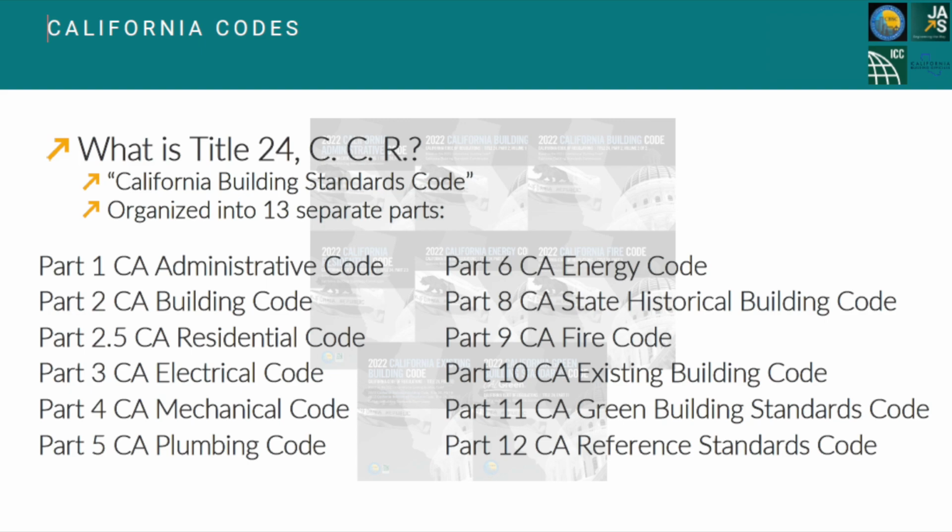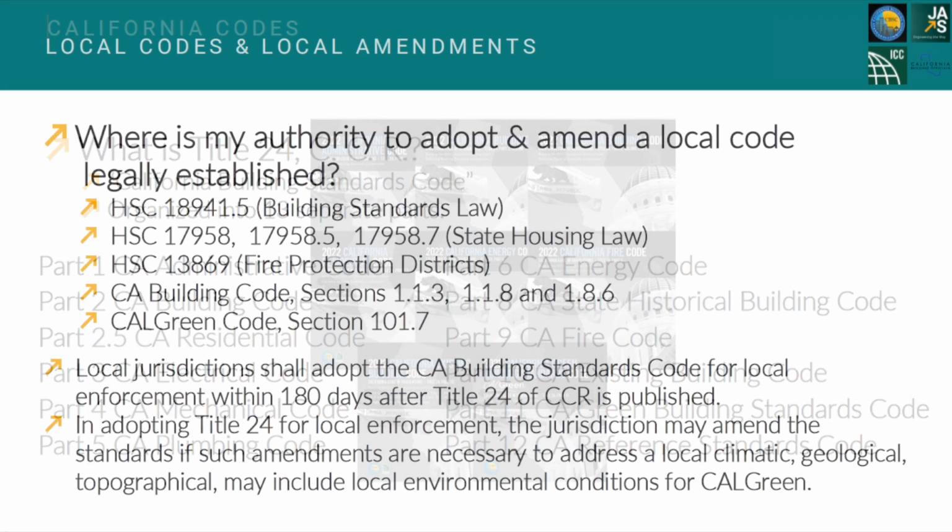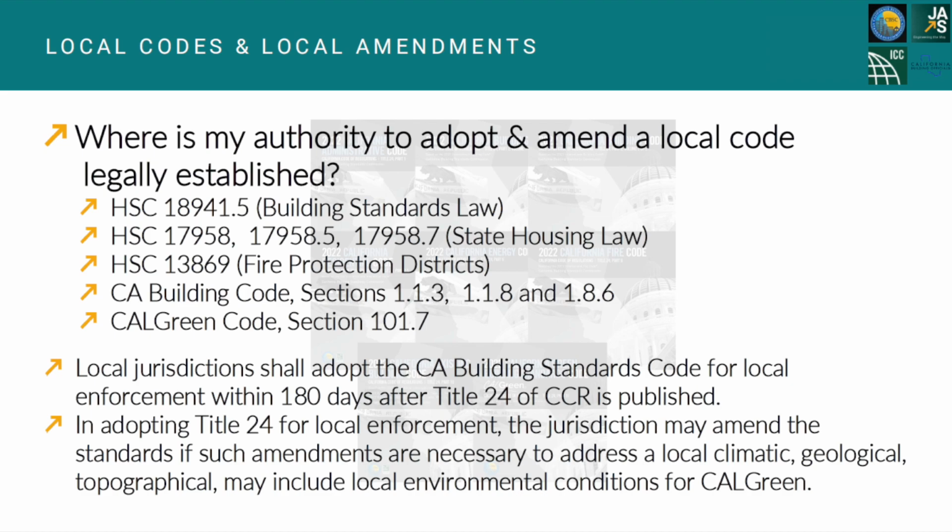Later in this video, the use of nationally developed codes and standards will be discussed. Once Title 24 becomes effective as the statewide Building Standards Code, it becomes the law of the land, and local jurisdictions must enforce it as published, or as they are authorized by state law to amend Title 24. This is made clear in Health and Safety Code sections 17958 and 18938, and in the California Building Code, Chapter 1, Division 1, Section